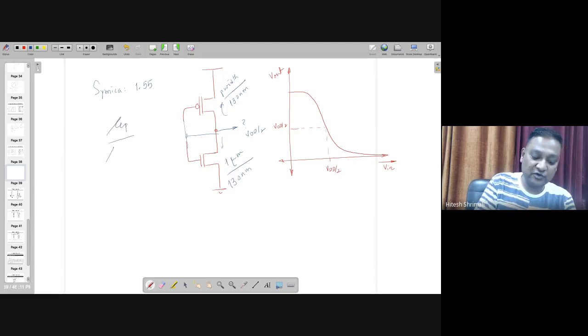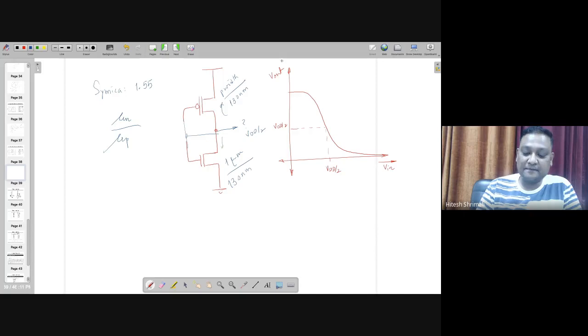By the way, this number has to be the ratio of mu p and mu n, right? Sorry, it's the reverse of that. Mu n is actually bigger, so mu n by mu p. This ratio tells us how much bigger a width I need so that both the resistances will be equal, because the rest of the things are exactly the same. So we just have to make sure that some factor gives me the same resistance. We found in SimMicra it was 1.55. So this is one number you can keep in your mind.